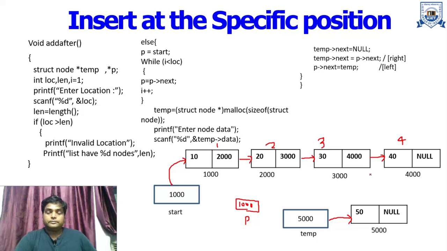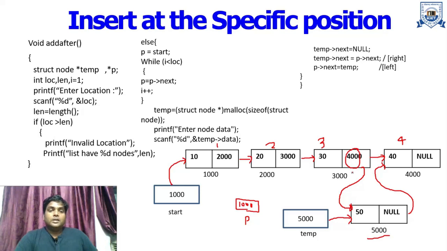When we want to insert this node, we have to make 2 connections. Two connections for what? Let's suppose we want to insert this node, then this node must contain the address of this node, then it will link to this particular node. And this address field must contain the address of this node, in this way this is basically pointing to this particular node. So we have to make these 2 connections.